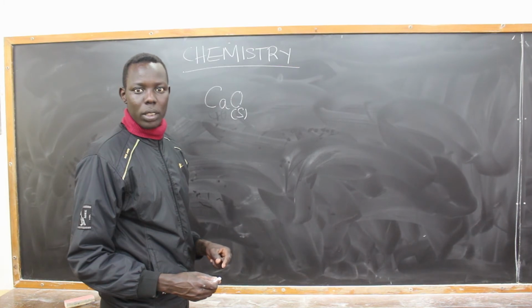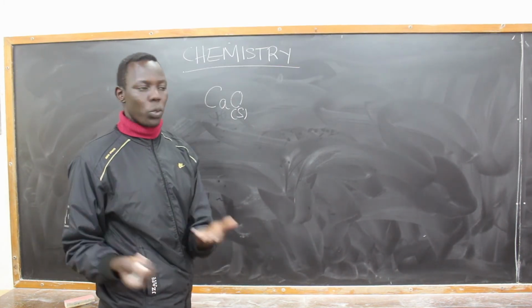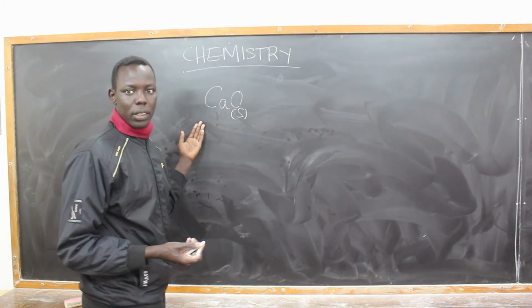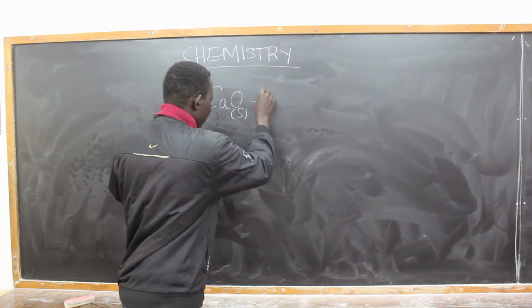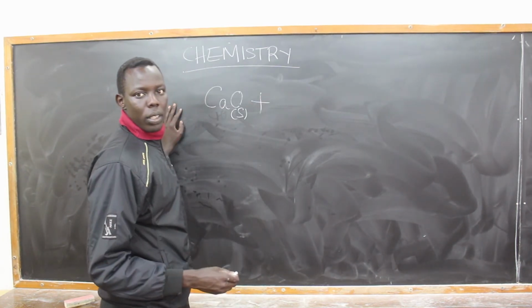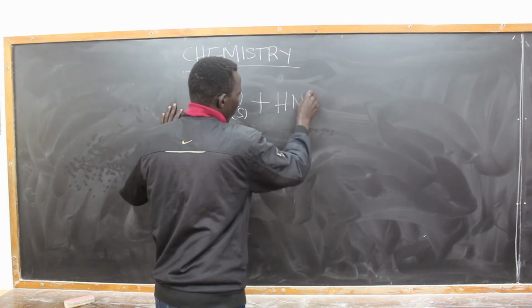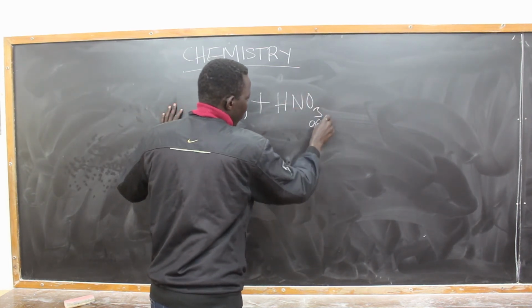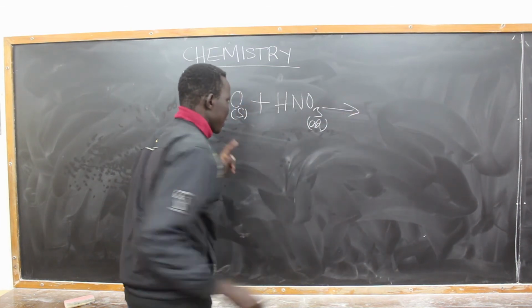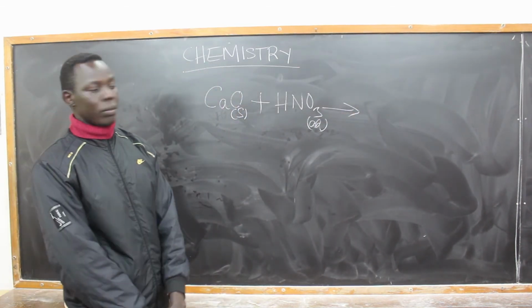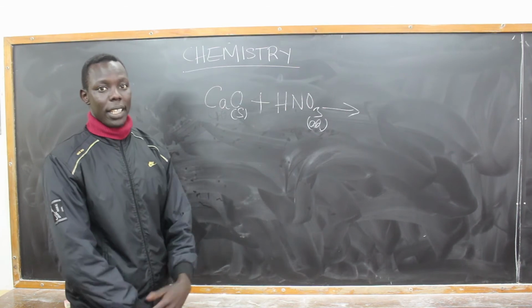Who has done what? But you can't do research on what's the color of calcium oxide. That is nitric acid. Calcium oxide, nitric acid, a base